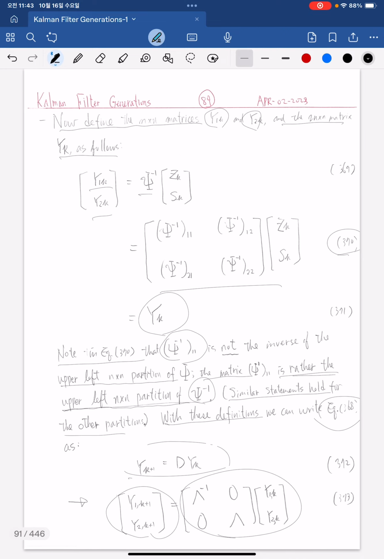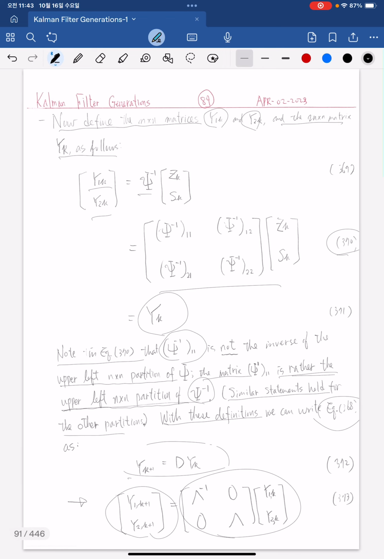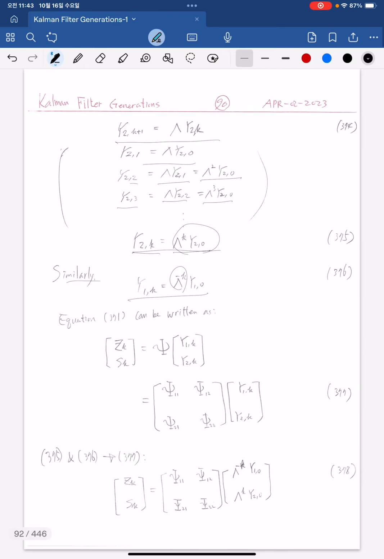y2k plus 1 and y2k, 되면 y21 되면 y22, y22 되면 y23, y2k 되면 람다 k의 2배. Similarly 람다 1k는 minus k 되면 equation 375 넣으면 이렇게 되고